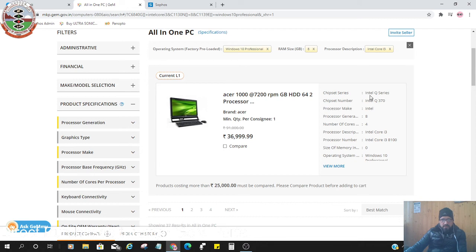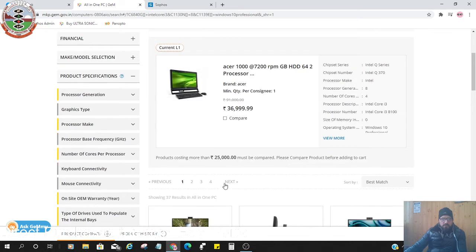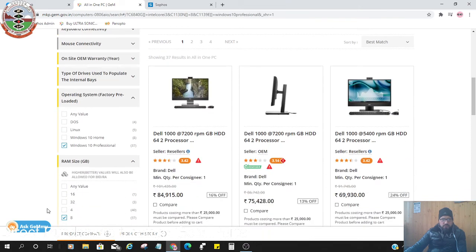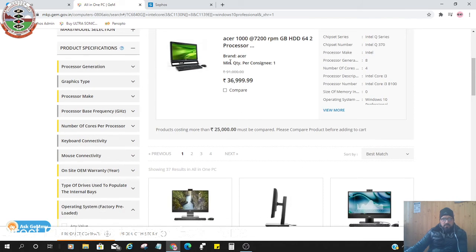You can see it is an Intel processor. Processor generation is 8. As you go on changing your specifications, it will go on changing. So currently we have given some of the specifications to the system, and accordingly it has given us some products. Among them is Acer 1000.